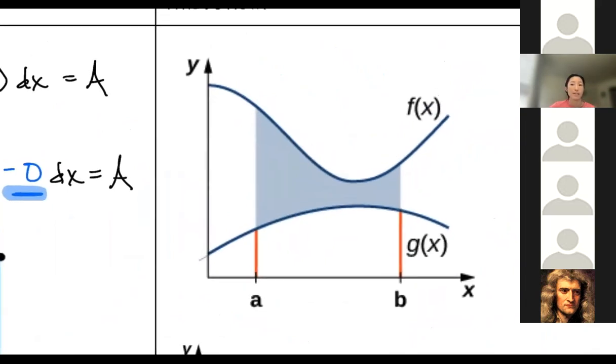One new idea here is that now instead of having that bottom curve be the x-axis all the time, because that's kind of nice for us computationally, but it's kind of boring at the end of the day because there aren't as many applications of that. And so now what we're going to be thinking about is, well, what happens if we have